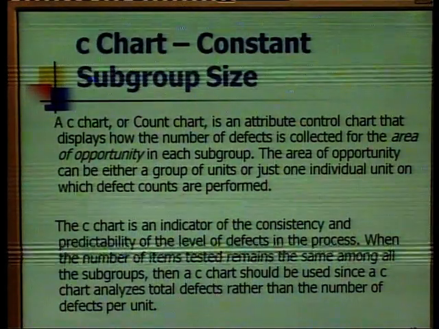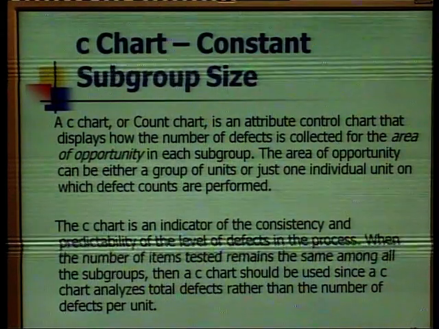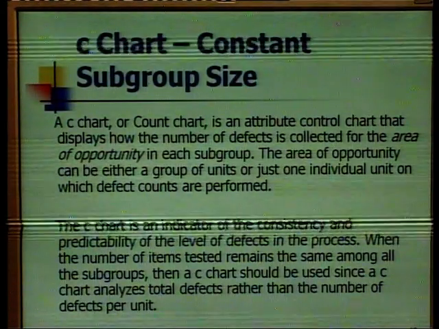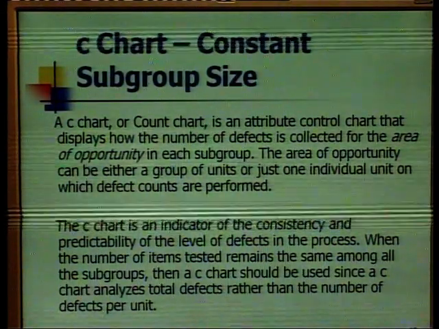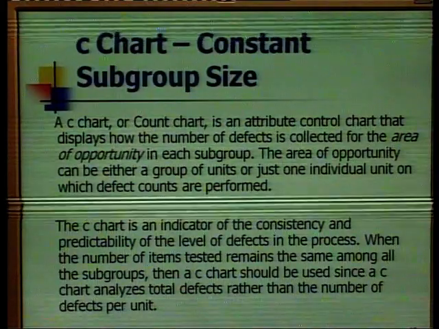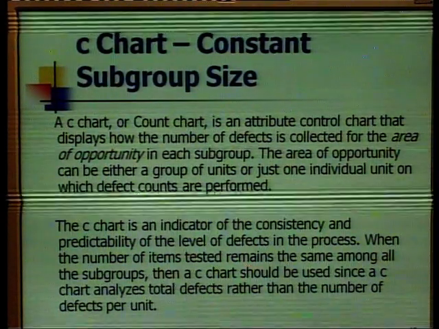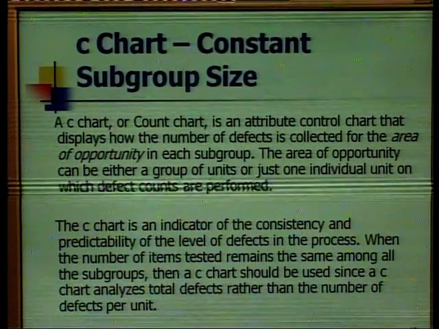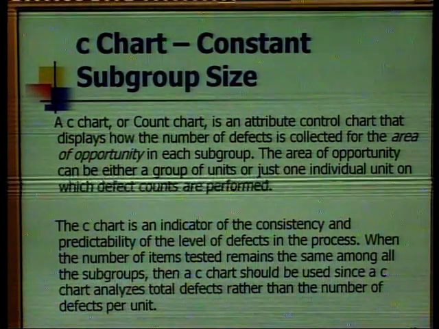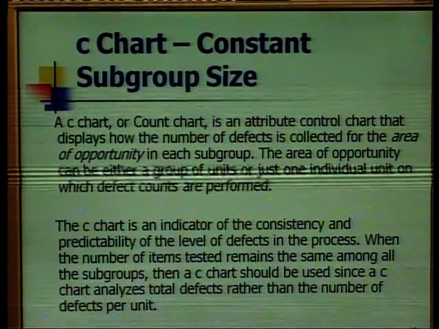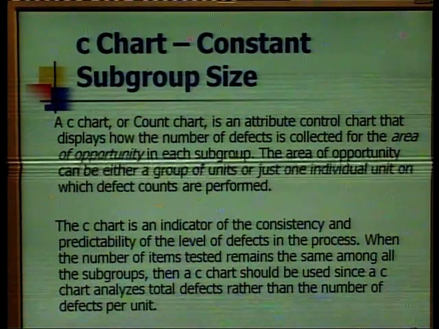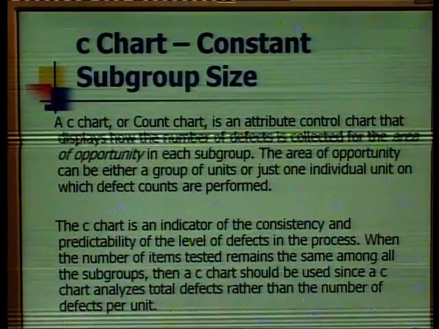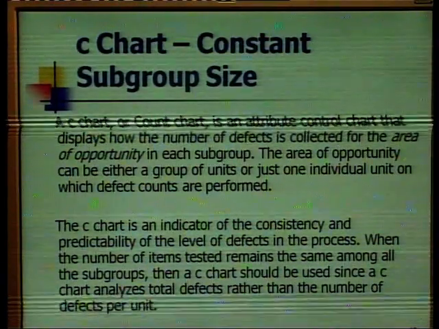Now, a C chart or a count chart is an attribute control chart that displays how the number of defects is collected for the area of opportunity in each subgroup. Meaning it tells us how many defects are there in the subgroup or in that individual item. Now, this area of opportunity can be either a group of units or just one individual unit on which the defects are to be counted. Now, the C chart is an indicator of the consistency and